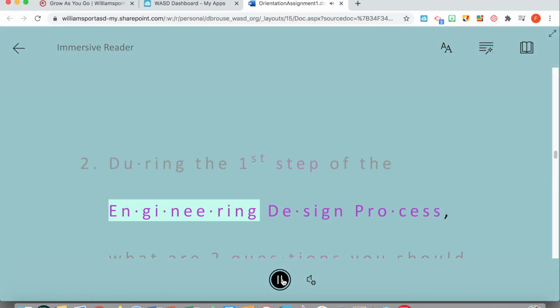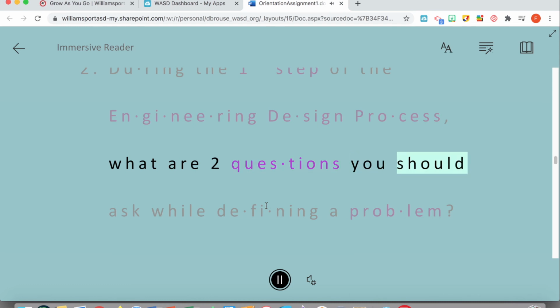2. During the first step of the engineering design process, what are 2 questions you should ask while defining a